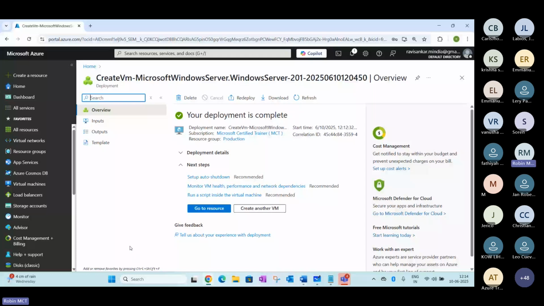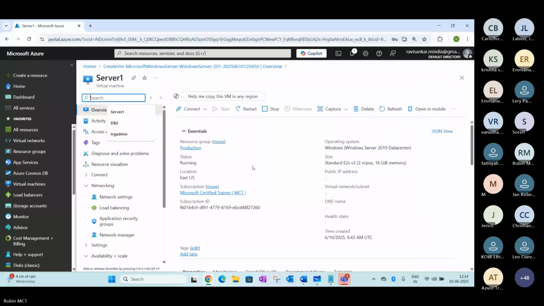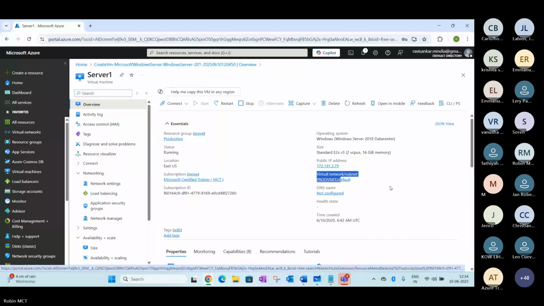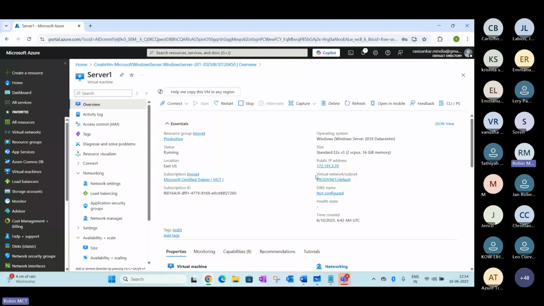If you just go to the resources here, you may be able to see the VM currently mapped to the same network here. See, it's called the prod VNet here. You can see there's a prod VNet. It's been created here.